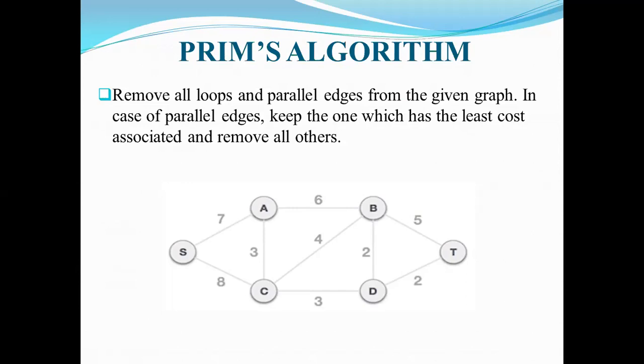Okay. So this is the graph after removing the parallel edges. 2 parallel edges are there between A and B. Now I removed AB, one parallel edge with cost 9, because compared to 6, cost 9 is greater. And I removed one self loop, that is C's self loop. Now after removing all this, I got this particular graph.